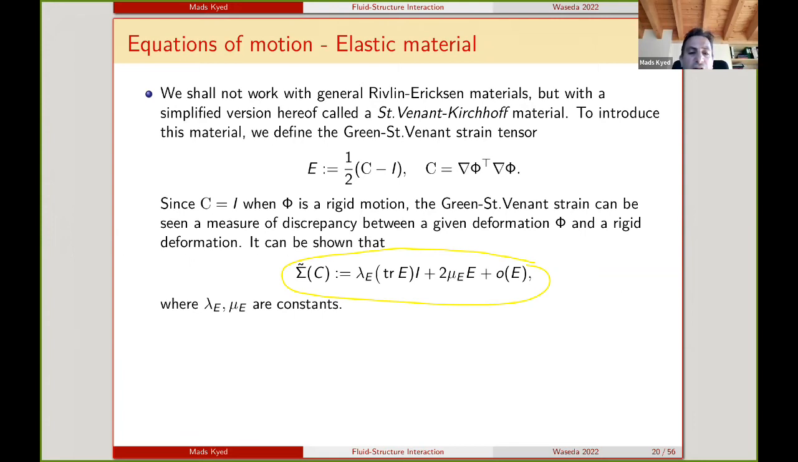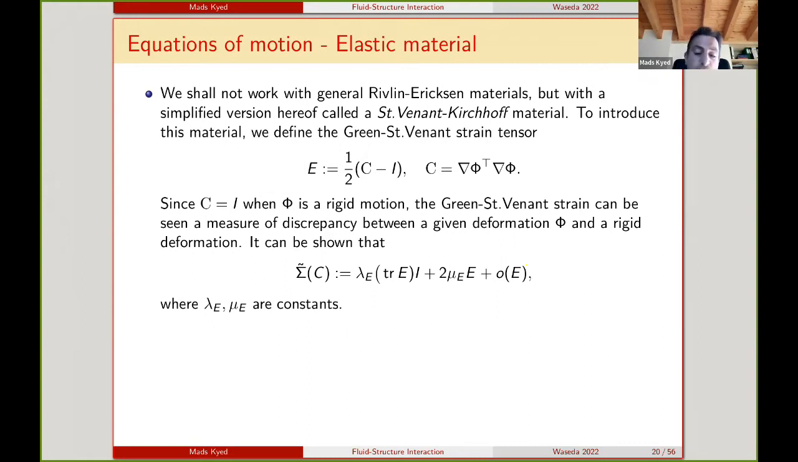Okay. So that's how we relate to the E. Anyhow, I told you about the physical principles that go into deriving a Rivlin-Ericksen material. Now we make some simplifications on the coefficients in the Rivlin-Ericksen